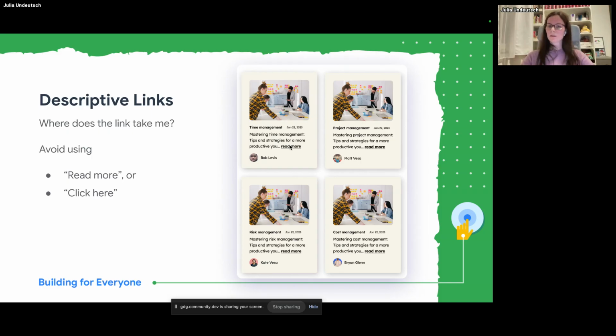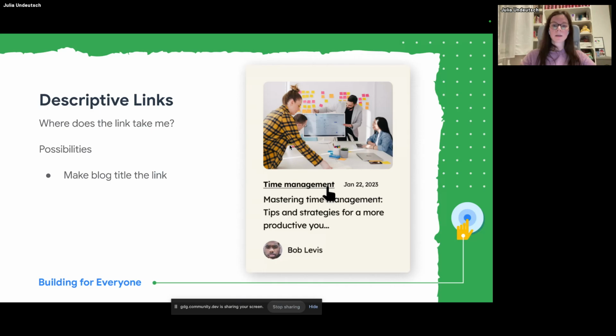And maybe this seems very clear to many of us in the beginning, but it can be very confusing for people, for example, with cognitive disabilities, and also for screen reader users. What could we use instead of the read more link or the click here link?